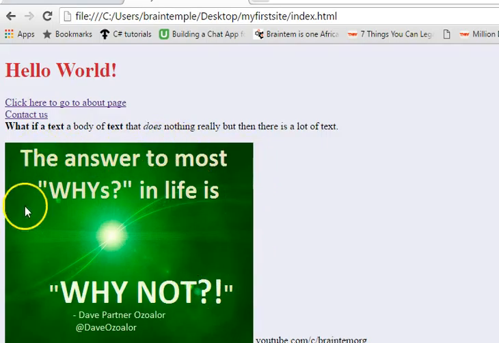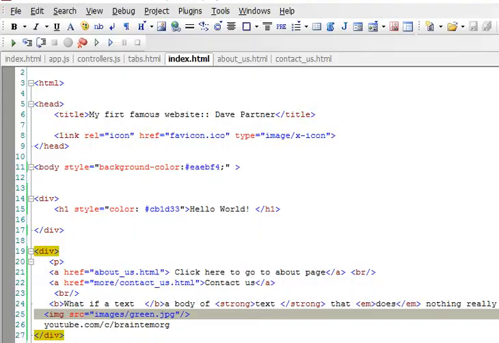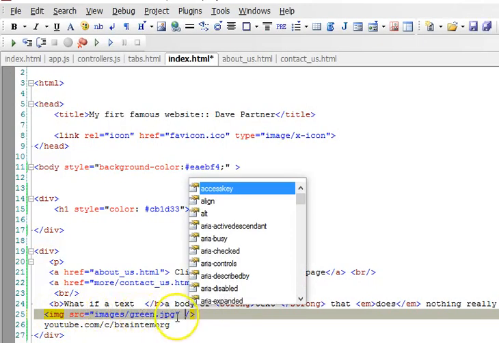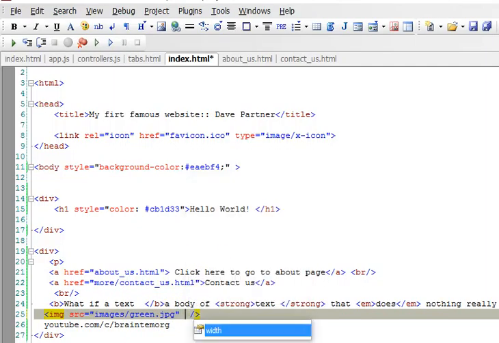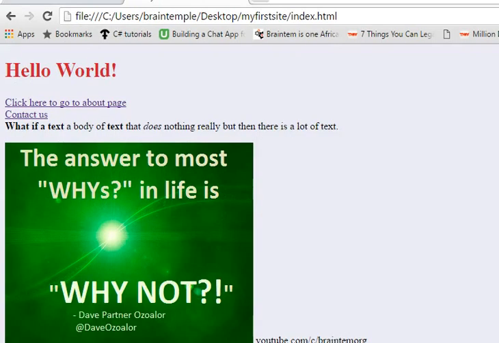Alright, but then we don't like the size. Maybe we want the size to be smaller. This is the original size of the image, but then we don't like it. We want it to be smaller. We'll add an extra attribute. The attribute we'll add will be width. What width will we want? Let's say 100. Then height, let's say 100 to square. We need a square but smaller. But first of all, let me remove the height and show you what the width does. Only width,